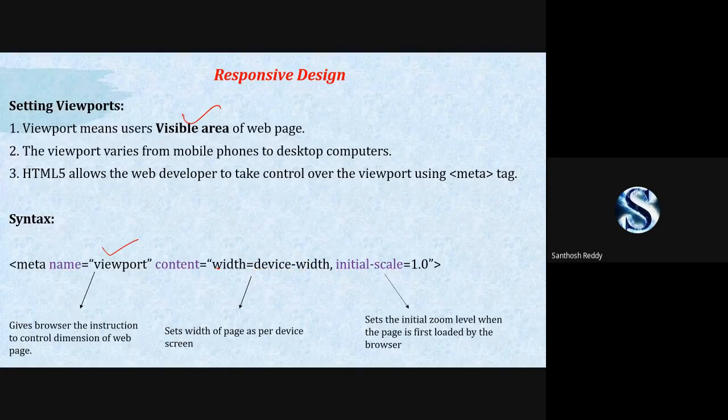Next, initial scale is equal to 1.0. Here we are going to initialize your zoom level when your page is first loaded by your browser. It should be equal to 1.0. Usually we set initial scale to 1.0 every time.